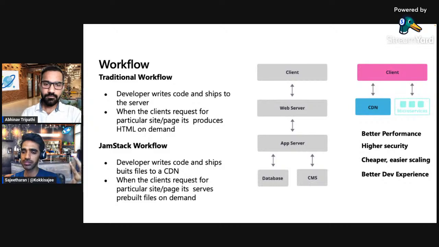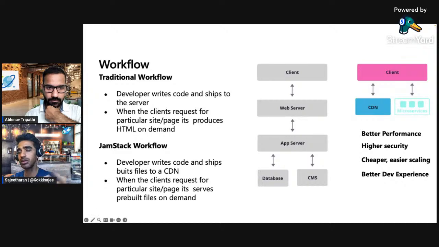Right. In the case of Jamstack, you can think of a single page application. I hope everyone is aware of what a single page application is. If you're using Facebook, Facebook is a single page application. In this type of app, when you do a build, you get static content in the form of HTML and CSS. The static content is served through the CDN, which initially loads the static content in the form of HTML, and the data is loaded through the APIs, which makes things faster. There is no additional layer here which acts as a hop.